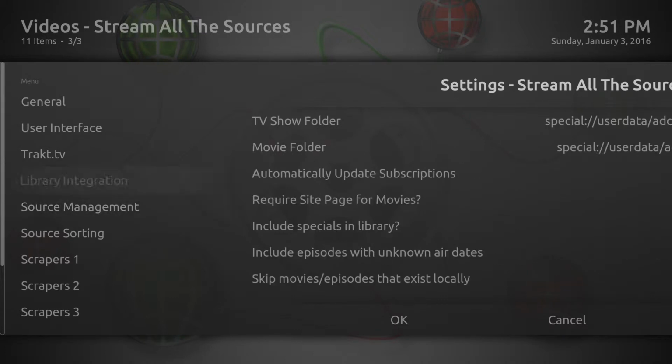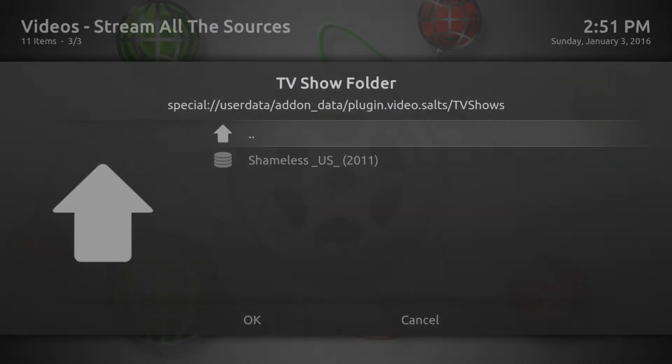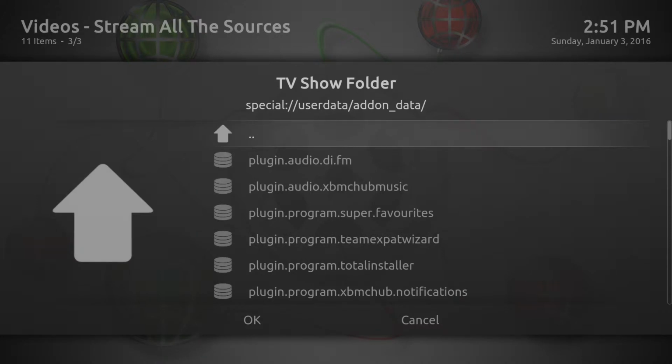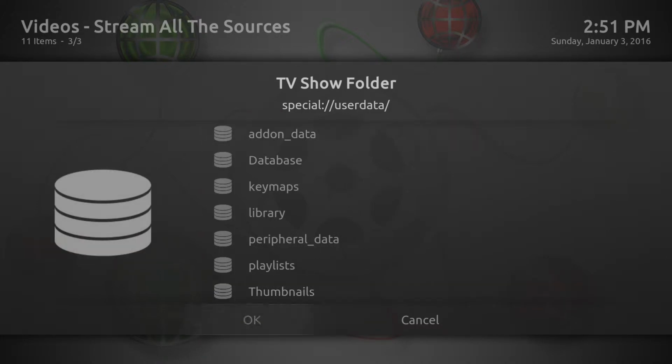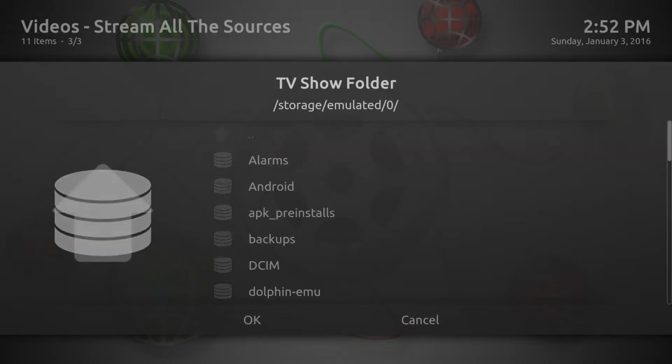And then go down to library integrations. And you do the same thing. You want to do TV shows, click on the two dots, go all the way to, whoops. So right now it just took me to this add-on data. I'm going to actually hit the back button one time, and now I see external storage. So I want to click on external storage,